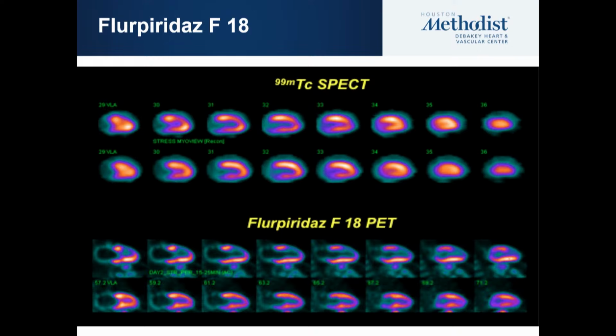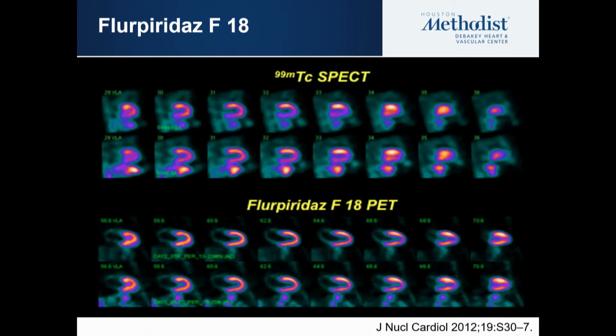And same patient. On top, it looks normal SPECT. And on the bottom, it was abnormal flurpiridaz. So it was a disease. It was a lesion that was missed by SPECT imaging. On the other end, you have here a fixed inferior defect, which could be attenuation artifact. And since obviously PET is attenuation corrected plus better image quality, you can see the differences in image quality. And you can also notice how crisp the images are on PET compared to SPECT, mainly because of the F18